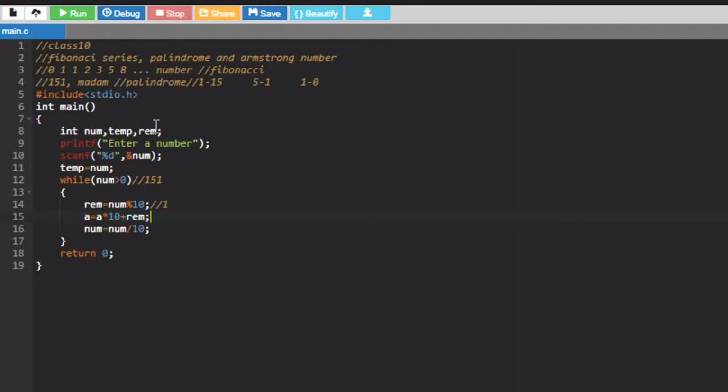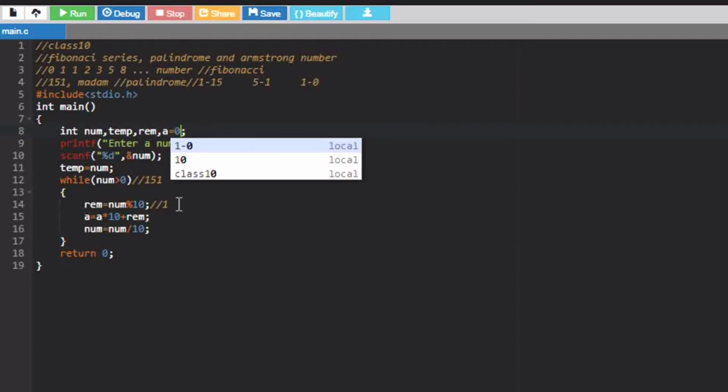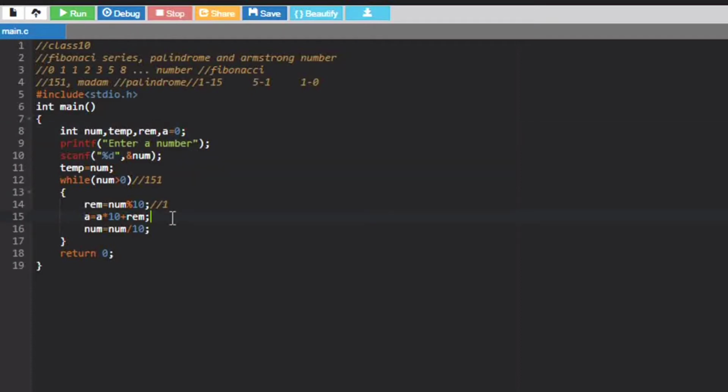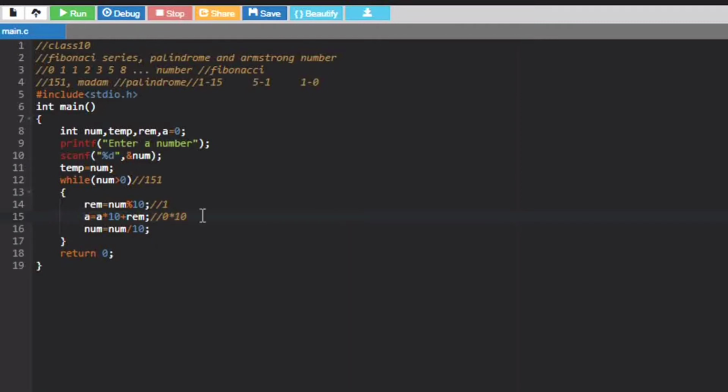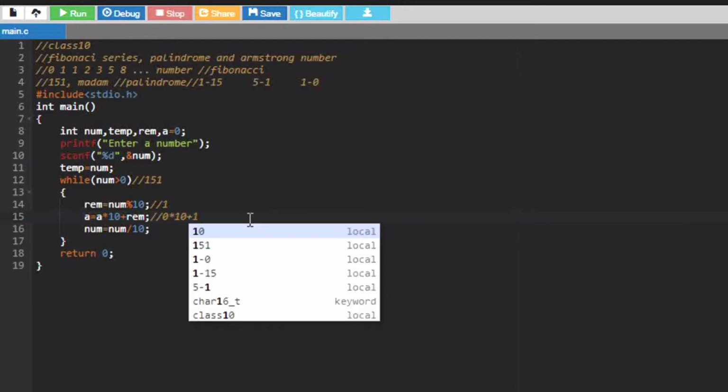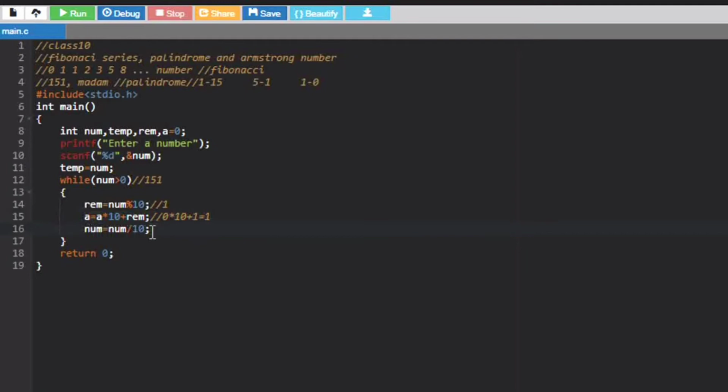So first we are going to declare a as 0, because this 1 we want it as 1 only, right? Next time we want it to be something else. So 0 into 10 gives me 0, plus my remainder that is 1. So our new a value has become 1, and num is equal to num divided by 10 would hold 15.